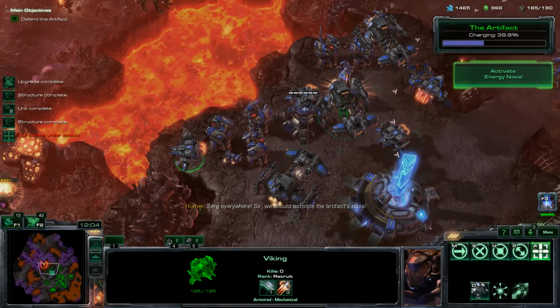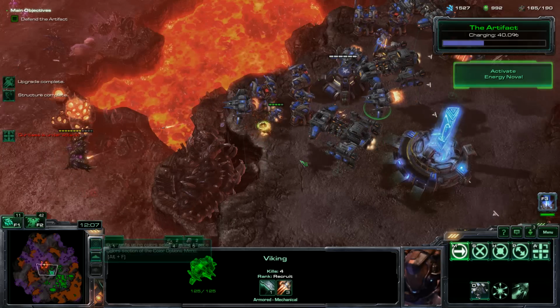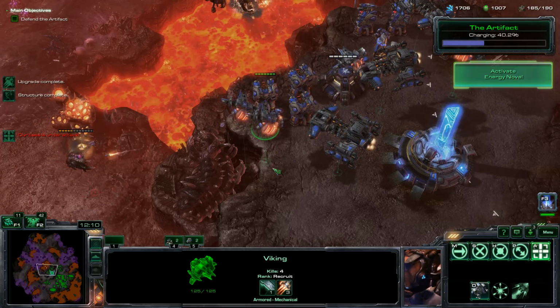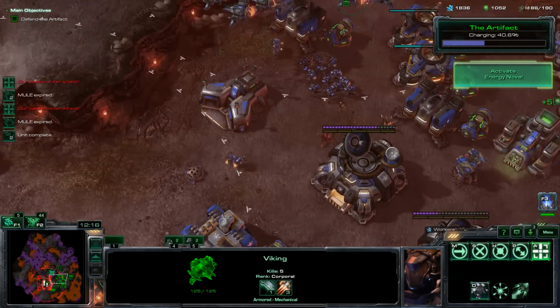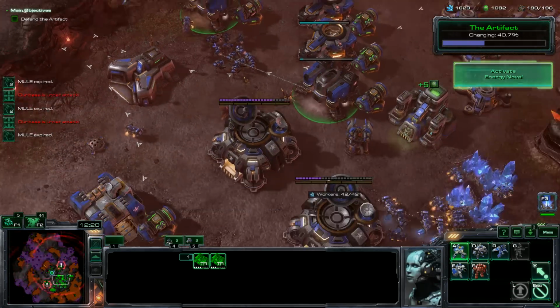I mean, I don't really feel the need to just yet. Okay, this is where the Broodlords can just start inching forward and hitting us, so we want to move the Vikings towards the edges so that we can take these out pretty easily. There we go. And then we have a separate group of lots of Marines, and we're going to need like